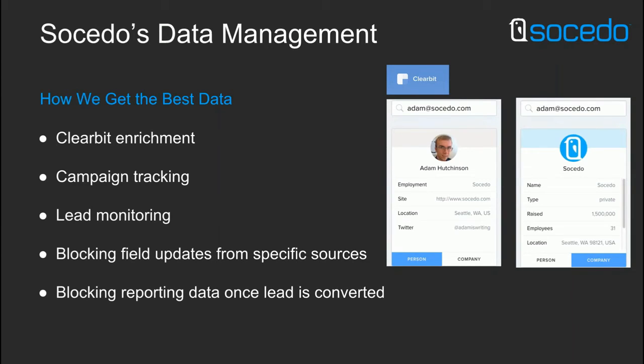So this is the content that I'm sending out, but what about people's own interests? What are they talking about on Twitter? What keywords are they using? What hashtags are they using? Who are they following? Are they looking at influencers? Are they following competitors? At a lead level, I can track all of that through our own system, Socedo, and actually add that as activities on the lead's activity logs.